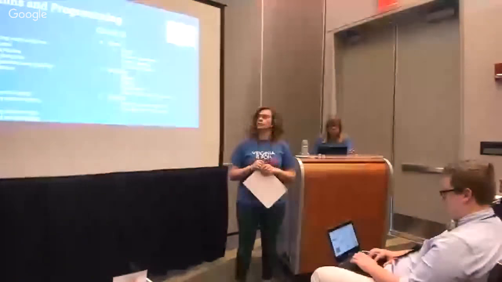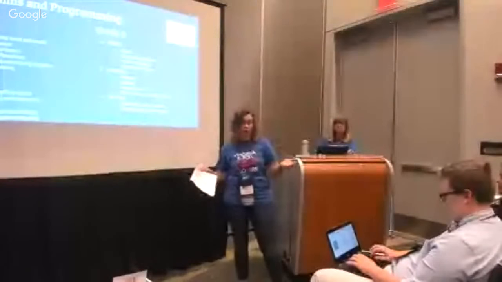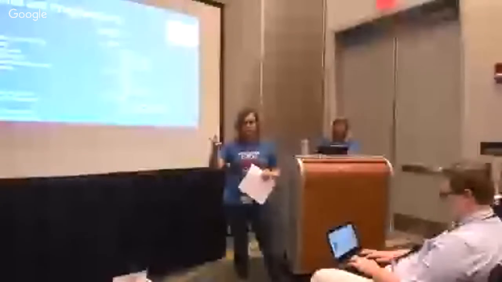Go to the next one. For 5th and 6th grade, and I have 5th and 6th grade, so I see what they need from 5th grade to make it in 6th grade, what they need from 6th grade to make it in algebra, or whatever they make next. But again, it's all coming back to the same thing. Sequencing, loop, events, multiplication, fractions, order of operations. There's your step-by-step directions. So they can always get the parentheses and the exponents, but then when it comes to multiplying and dividing and you have to do it from left to right, you don't always multiply first, that's where the hiccup comes into play.